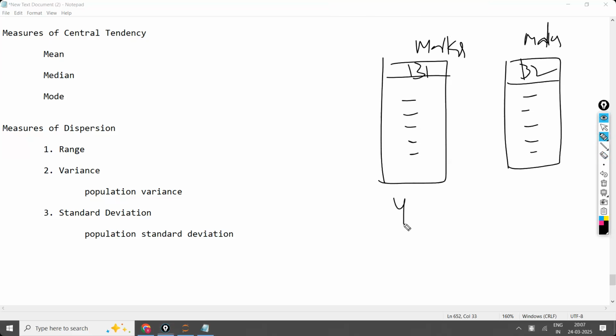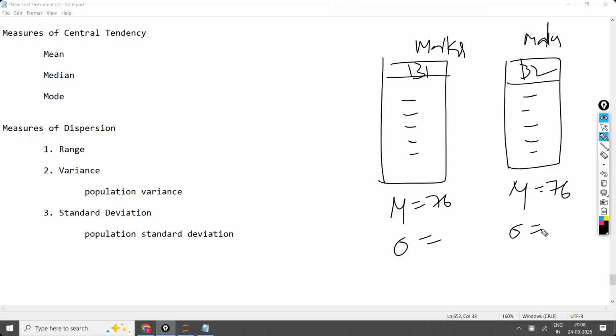The average score of the entire batch 1 is 76, and batch 2's average score is 50. Automatically we say batch 1 is performing better. If batch 2 were 86, we would say batch 2 is performing better. Assuming both batches have the same average score, which batch is better? The one having the lower standard deviation.